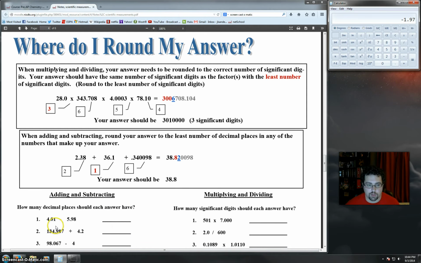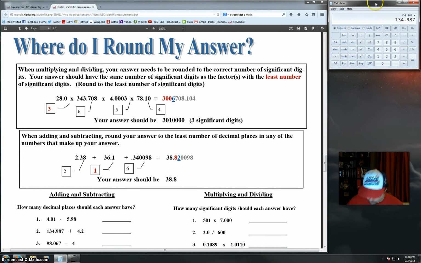Why don't you guys try the other 2 adding and subtracting ones, and you can also go to do the multiplying and dividing ones if you think you know how to do those as well. I'll pause the video for a minute so you guys can do that. Okay, now that we're back and nothing has changed, you guys should have figured out that if I take